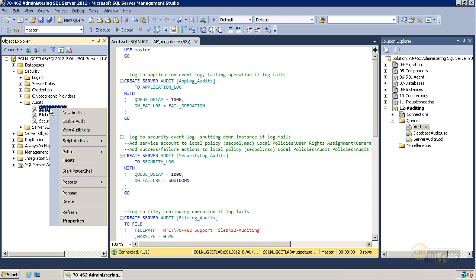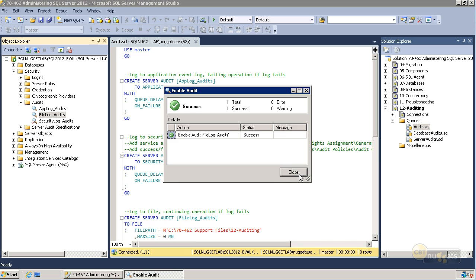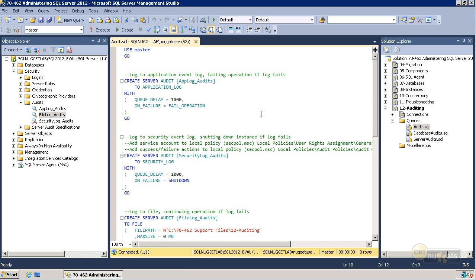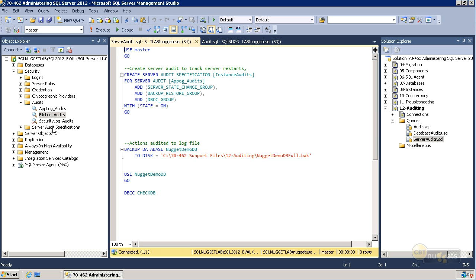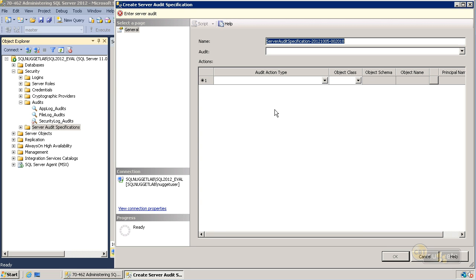So let's enable a few of these. Just right click, choose enable audit, and we'll do the same thing for our file log audit here. And let's take a look at how to do this then at the server level, how to create an actual server audit specification. So I'm going to open up our server audit script, and we're going to start by doing this in the interface. So if we right click on server audit specifications and choose new server audit specification,